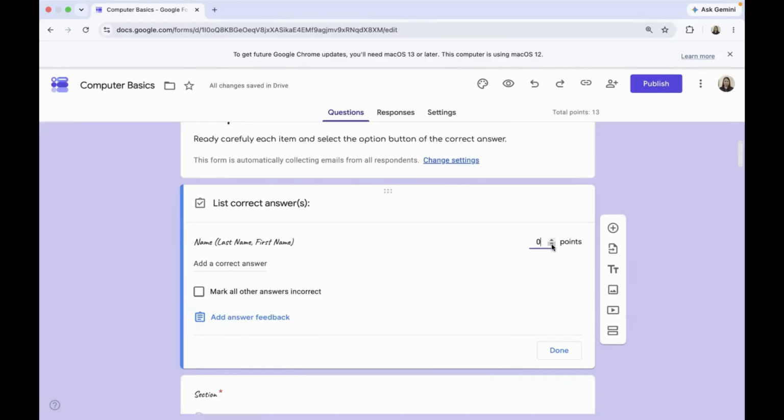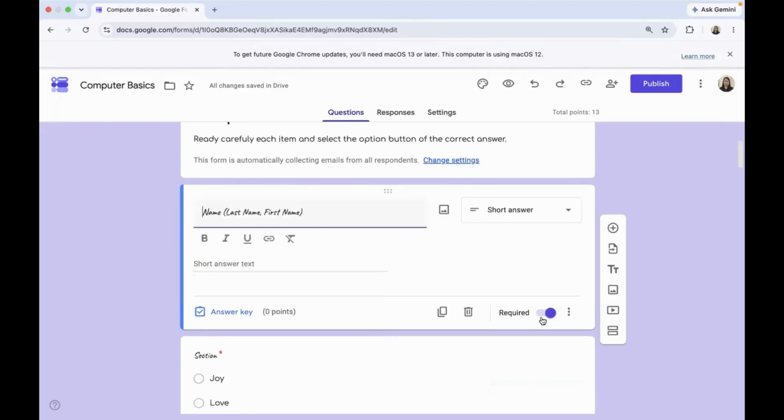Unless you want to give them points for typing their name. But anyway, we will be requiring them to input their name because it would be hard for us to identify who the responder is of this form. So it's just required, no point, okay, and there's no correct answer for this item.